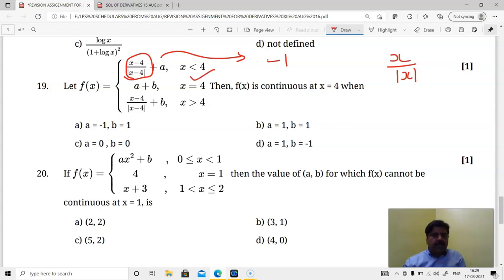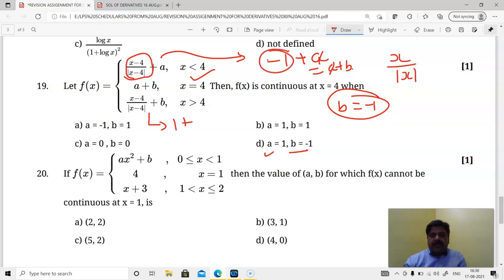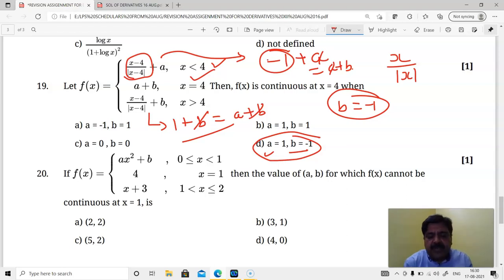You will get x minus 4 as minus 1 plus a, which is equal to a plus b. So a will be cancelled out, and b is equal to minus 1, right? So you can see b is minus 1, then a is automatically going to be 1. Here again it is 1 because this portion is 1, because previously it was minus 1 because of the limit. Now it is 1 plus b is equal to a plus b. Now you can see automatically that a is 1. Although the question is arranged like this, if b is minus 1, you are calculating in the right manner, then automatically a is going to be correct.